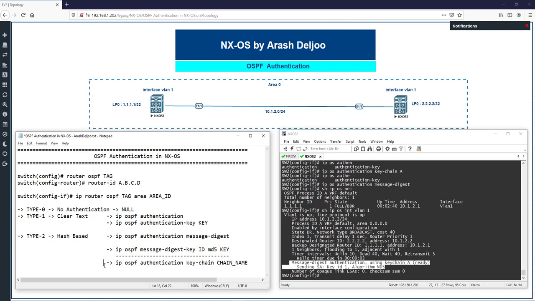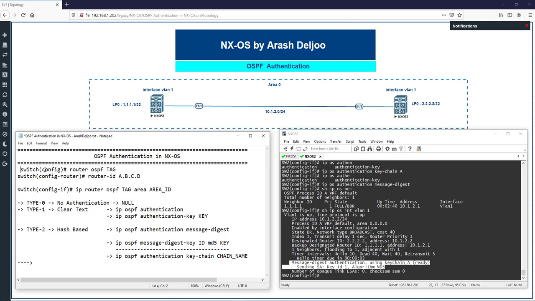Also, we have one other notation here. You know that, for example, if you have 10 interfaces, you should configure IP OSPF authentication message digest 10 times, or IP OSPF authentication. Such as in iOS, you can configure the type of authentication globally in OSPF. It's so easy. Look at here. In router OSPF, for example, under the switch config router, you can configure only the type of